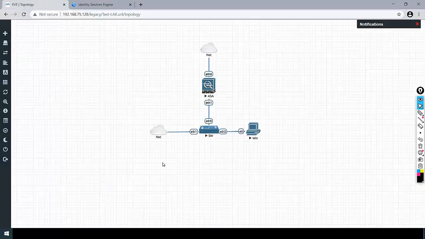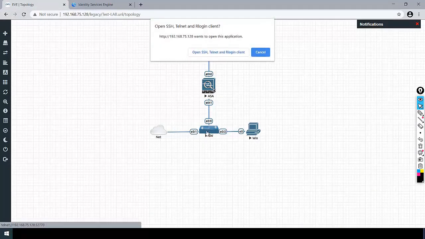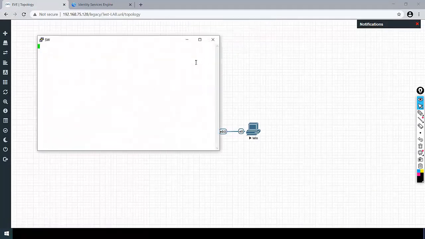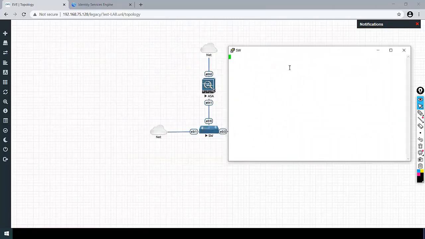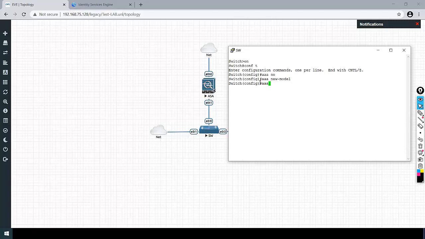Now let's get back to EVE, go to the switch and configure it for authentication with AAA. First we will need to run the command aaa new-model. Now we will run all the commands for configuring our AAA.